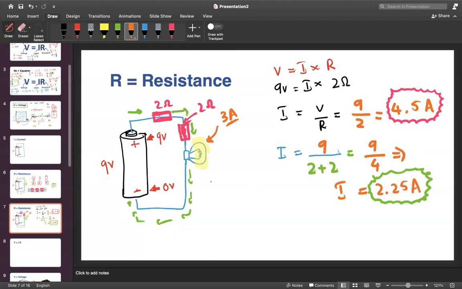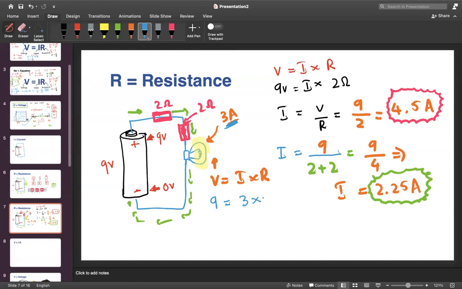So let's go to the equation, right? V equals I multiplied by R, right? So now I know the voltage that I have, which is 9. The current that I want is what? I want this light to light up well, and I can't let any damage happen to this light. So what is the current? What is the best current now that I should give this light? 3 amps. 3 amps. Brilliant.